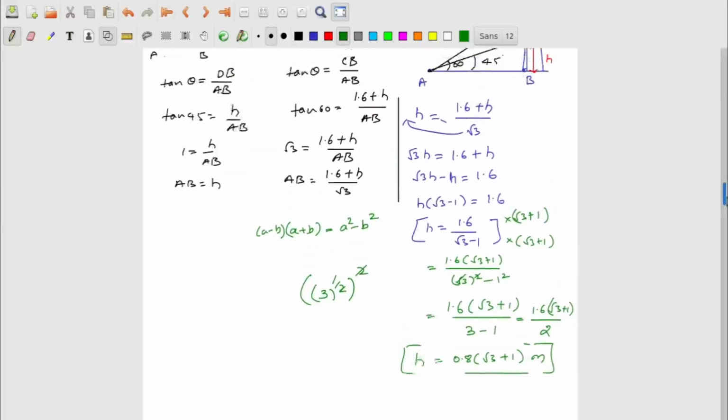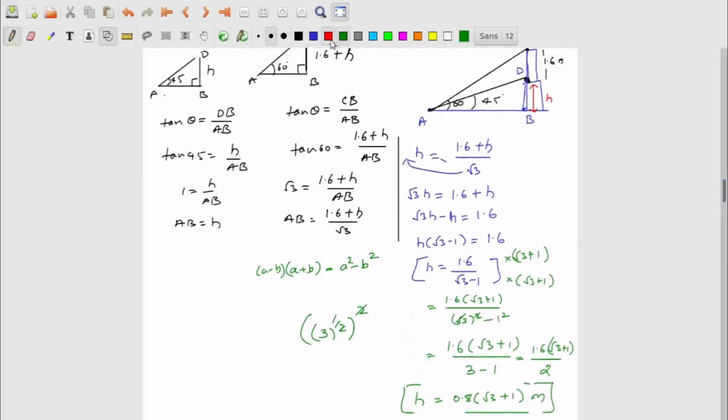So this is a tower on top of, sorry, this is a pedestal. On top of the pedestal we have the tower here. The height of the tower is given and we got the height of the pedestal. How did you get this height? By taking trigonometric ratios. Before that, these two triangles are important. Take these two triangles, get AB from both the triangles and then equate. Then you will get an expression for h: 0.8 into root 3 plus 1.